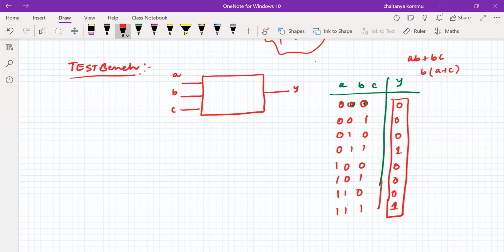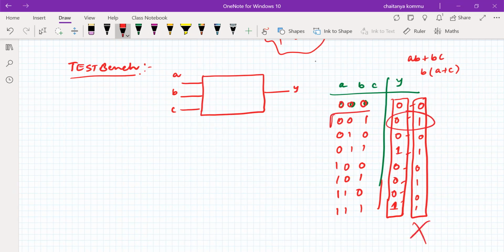Now our responsibility is that, by generating the hardware using Verilog HDL, we need to verify whether we are getting the same thing or not. For example, we are getting the output 0, 1, 0, 1, 0, 1, 0, 1, something like this. This is the output we are getting after the synthesis and after the simulation are completed. Is this output correct? The answer is no. Why? Because it is mismatched at this point.